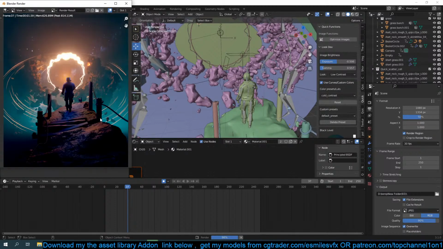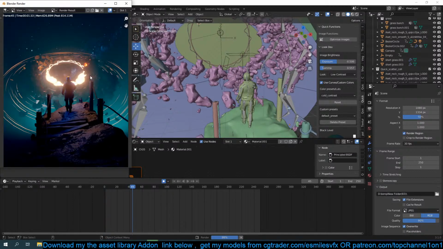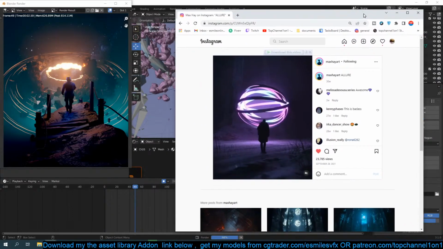And also the idea of adding a cliff, making the character on the cliff, that was also amazing. Just want to see how it plays out in the animation. But as it's rendering, let's look at